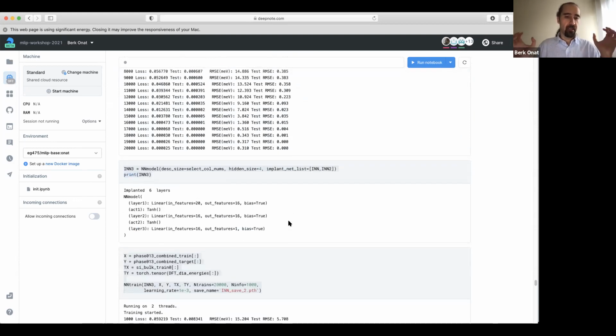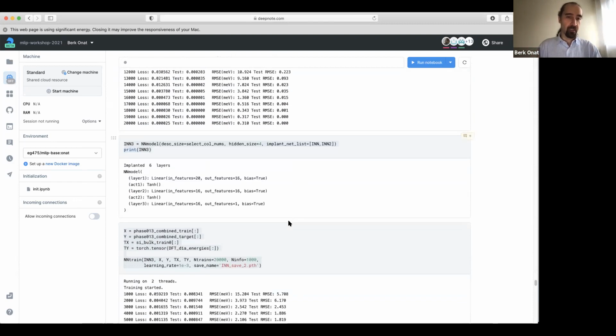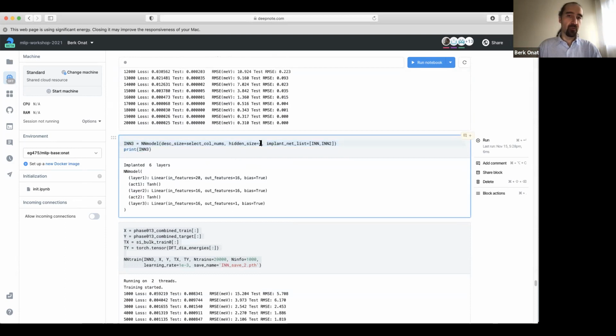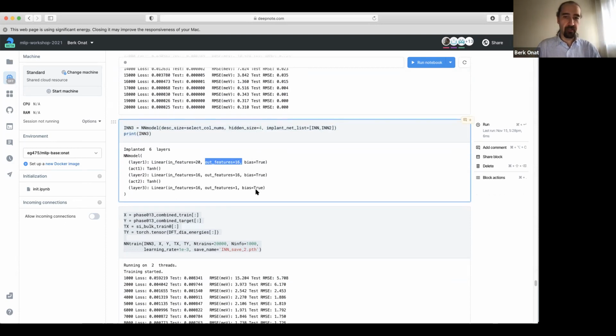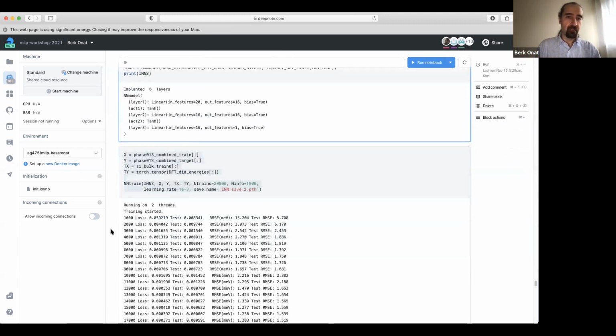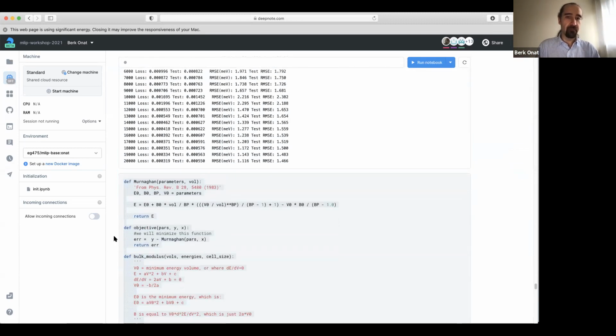And then we implant the 2 neural networks into one, but we increase the hidden size by 4. Which means that we have 2 networks of size 6, 12 plus 4, 16. So the total number of nodes is 16, but the first 12 of them are fixed with the weights that we put in, from the first INN and this second INN2. The rest of them will be optimized. And the last one, INN3 actually,